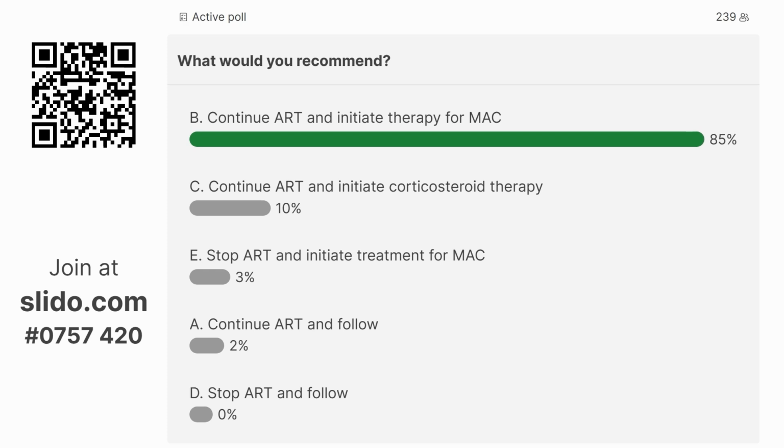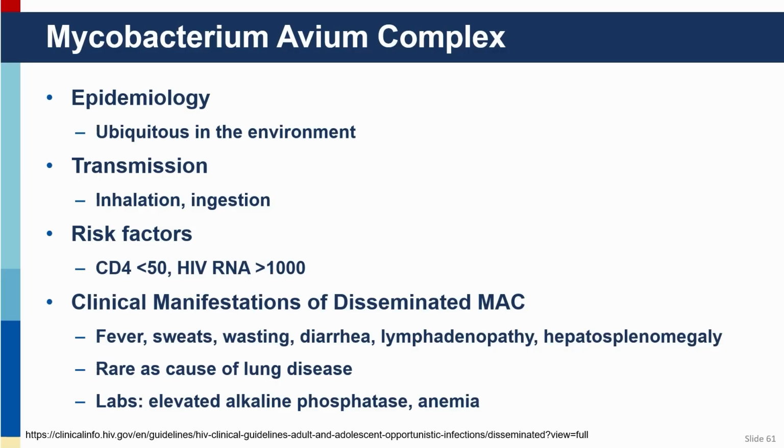Would you start anti-MAC therapy and antiretroviral therapy? Yeah, I would. I would call this unmasking MAC with antiretroviral therapy, and this all depends on the context that person is in. If they were in a TB endemic area, that would almost certainly be TB, but with that lymphadenitis that grows MAC, it's akin to disseminated MAC. And I know it's not as bad as the case down there with fever, sweats, so it's less stringent, but